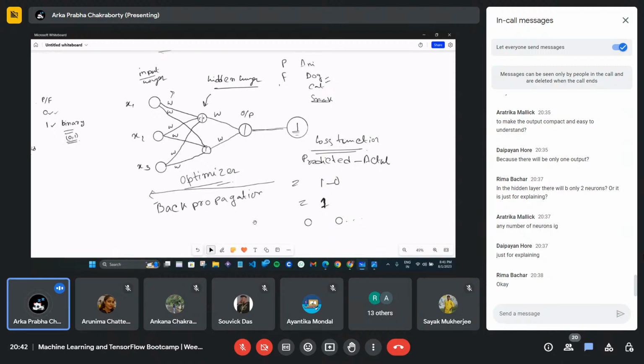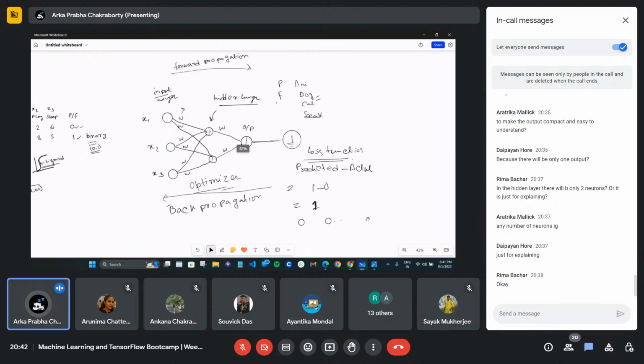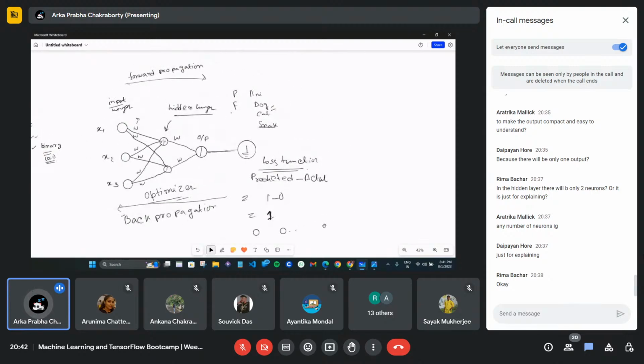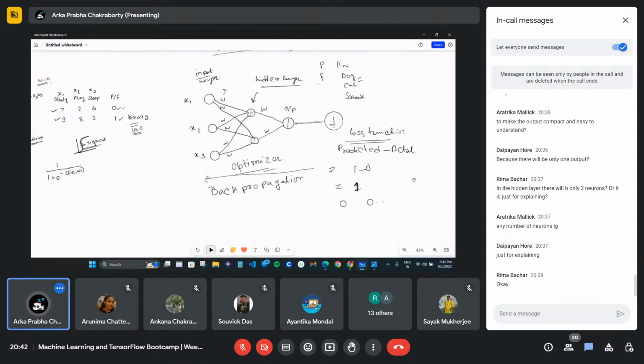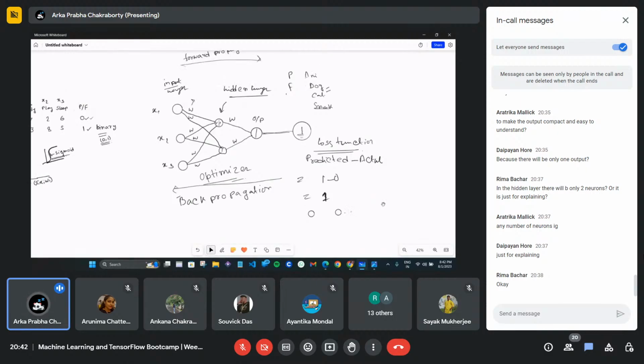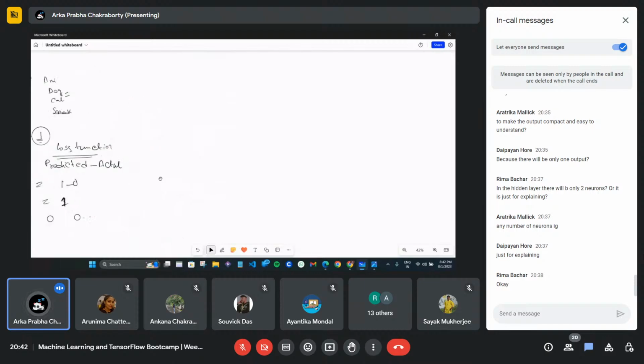As this is a project-based approach, we'll be learning deep learning through project-based learning. We'll be talking about the necessary things which will be needed in my project. For that reason, I have discussed the optimizer and loss function. You will see them in the upcoming time. So let me go to the next point.